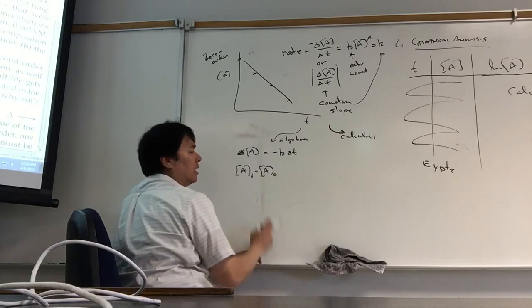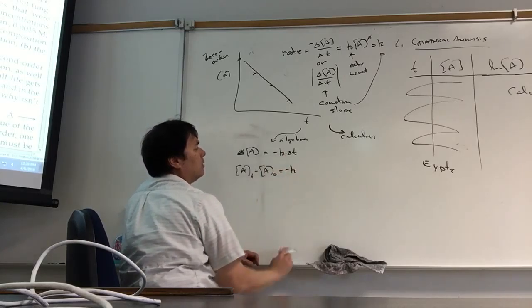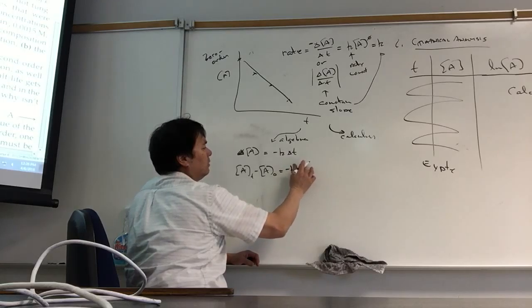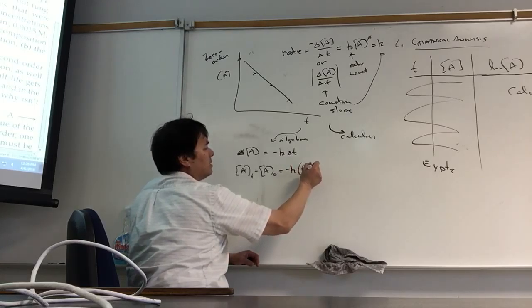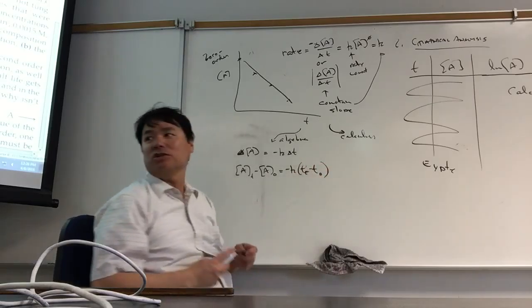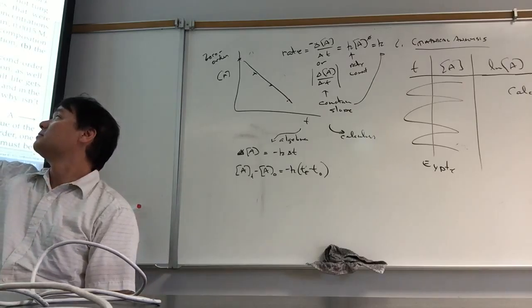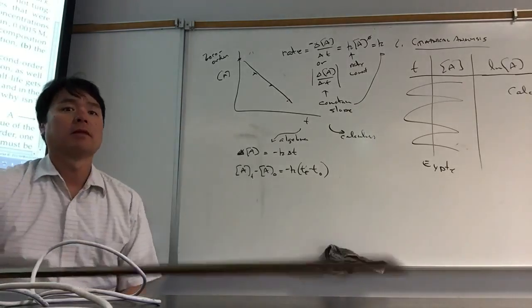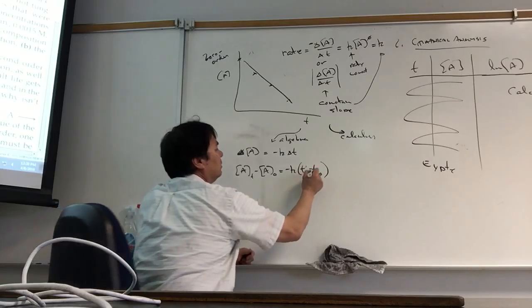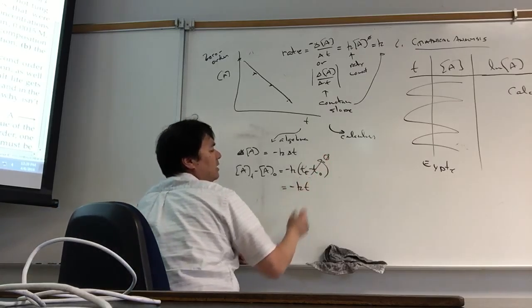A initial I'm going to call A times 0. Minus K. Delta T is T final minus T initial. What is T initial usually in a kinetics experiment? 0. If T initial is 0, normally it's 0, then this is just equal to minus KT,